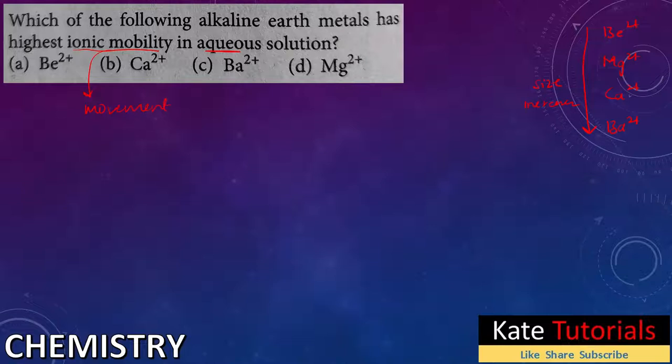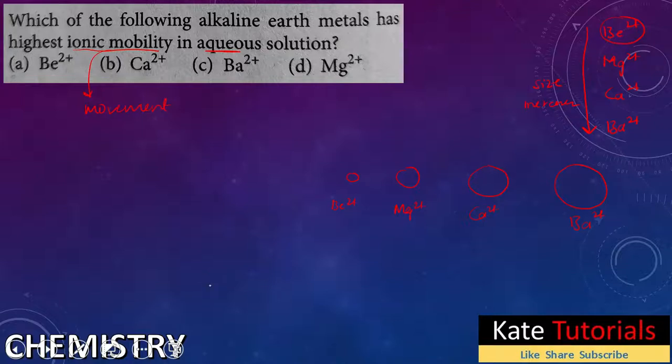So size of Be2+ will be very small compared to size of Mg2+, compared to size of Ca2+, and compared to size of Ba2+, right? So this is Be2+, this is Mg2+, not Ca, this is Mg2+, this is Ca2+, and last one is Ba2+, right? So this is the size of ion. So since the size of this Be2+ is small, more amount of water will be present around that,